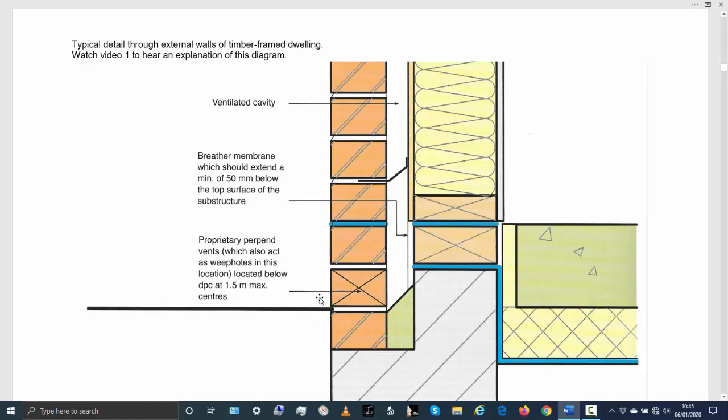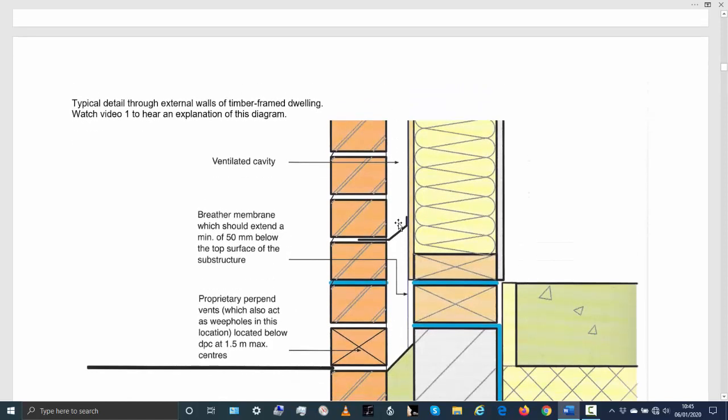And the reason I'm making a point of pointing out the perpendicular vents and how they work is because in your property somebody has painted over those vents, which is not a good idea. They should be cleaned out to allow air to circulate in the cavity to prevent any kind of damage. So now it should not affect the